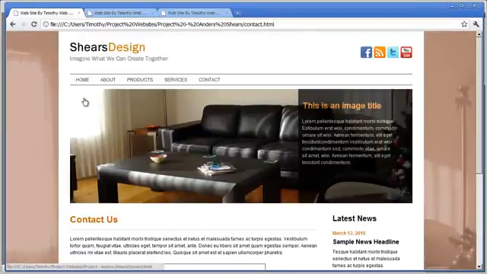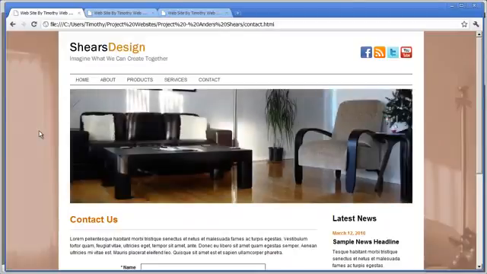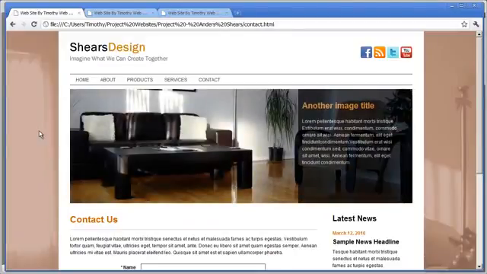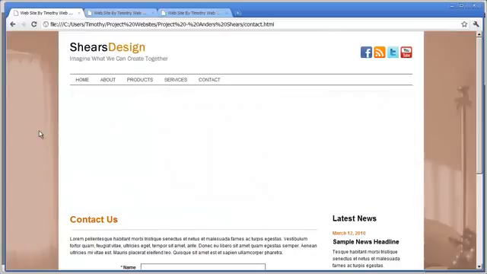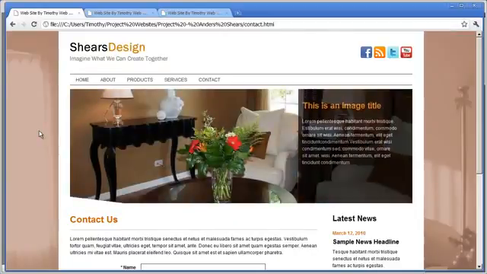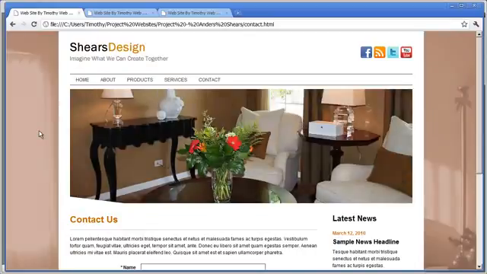Now, there are going to be several special features that we're going to add to this website to make it more interesting to our visitors. The first of which is we are actually going to create this rotating banner here. And you can see the images fade in and fade out. And you can also see over to the right, we have that semi-transparent box that actually has some text inside of it to describe the